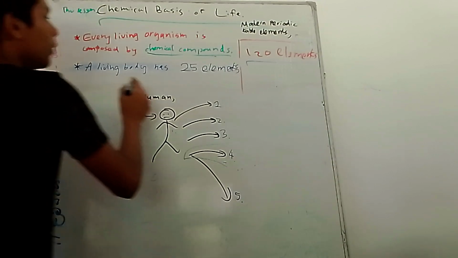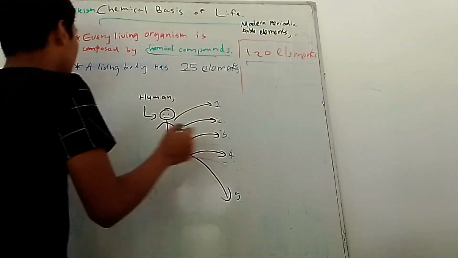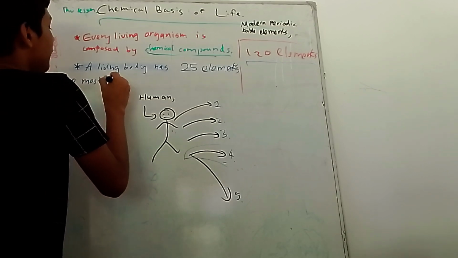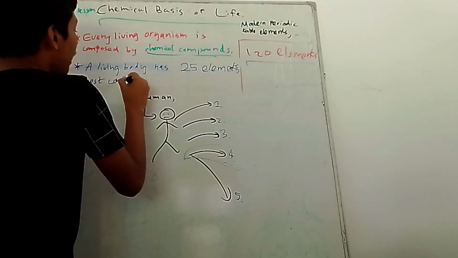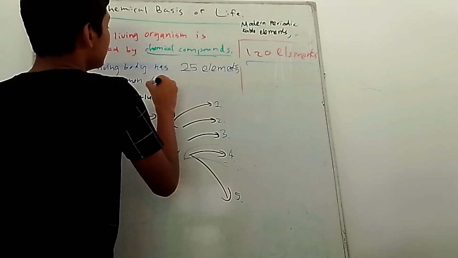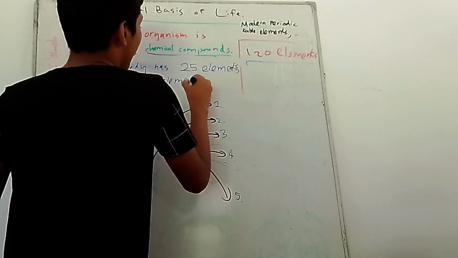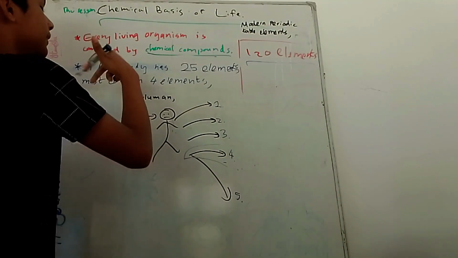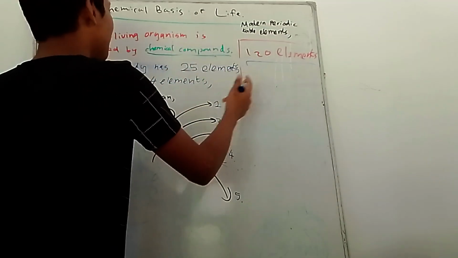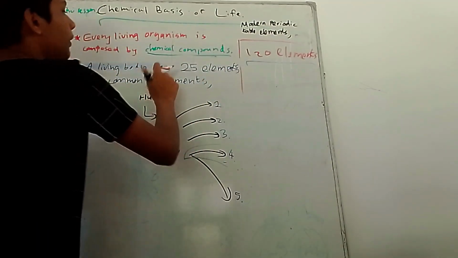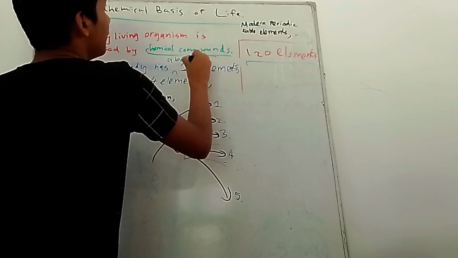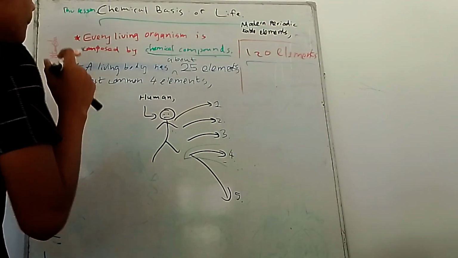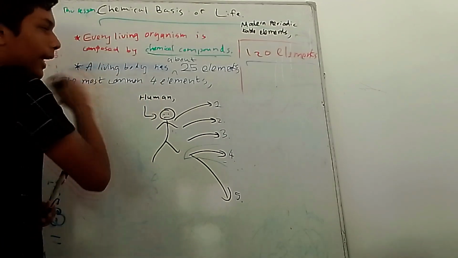Out of those 25 elements in the living body, the most common, or the most abundant, 4 elements are, as you can see here, there are 4 most common elements, and they are